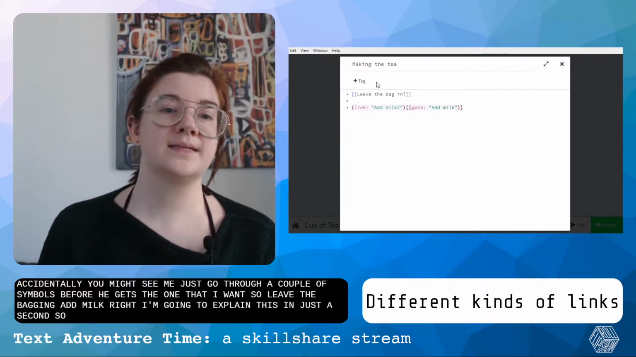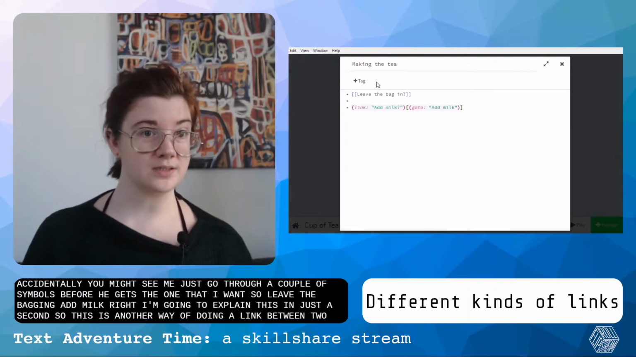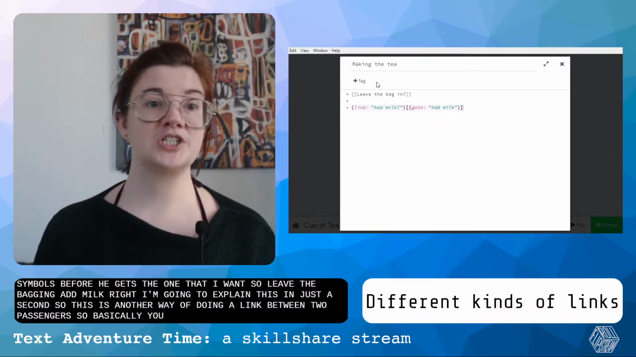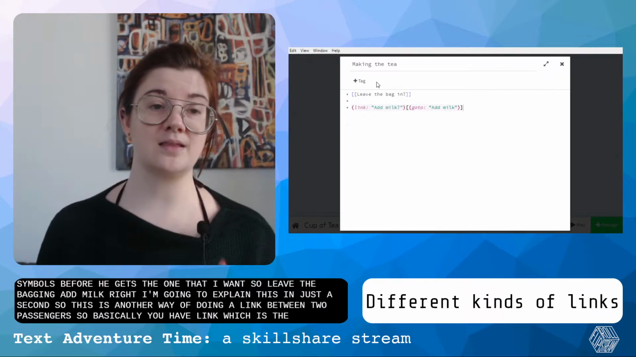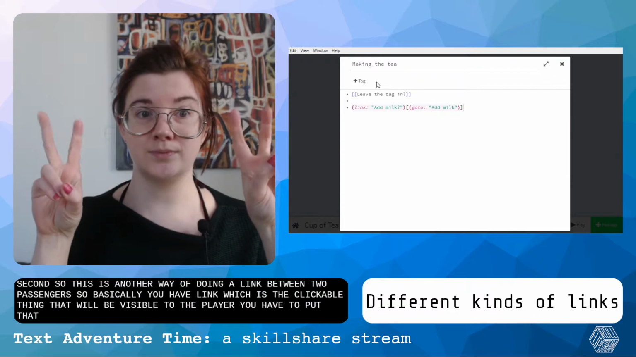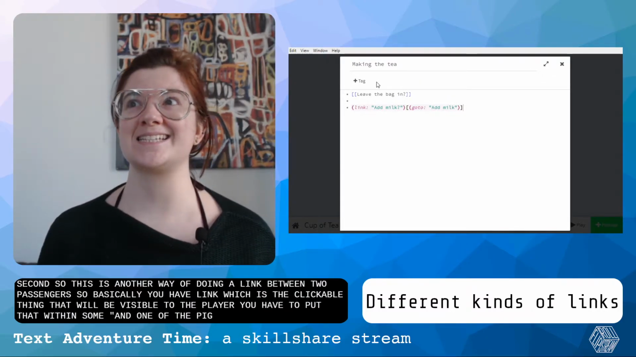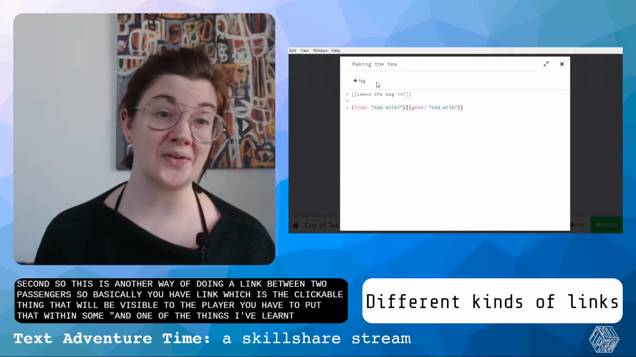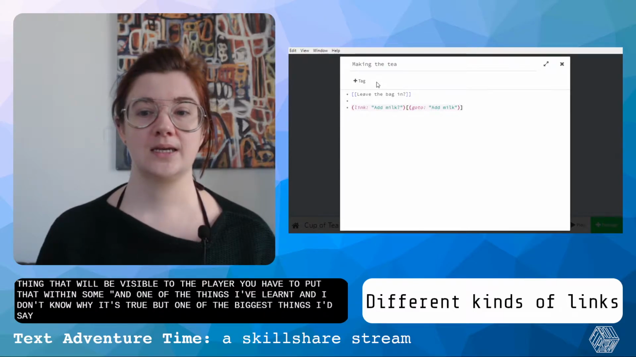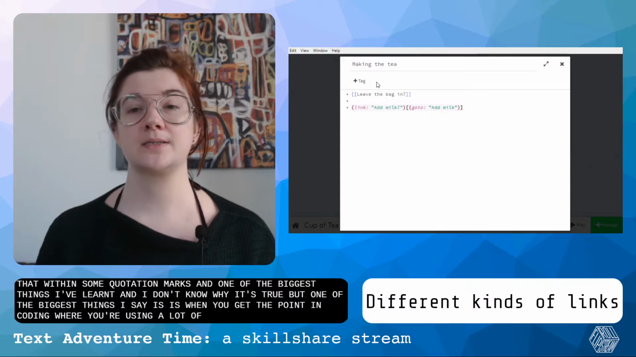So this is another way of doing a link between two passages. Basically you have link, which is the clickable thing that will be visible to the player. You have to put that within some quotation marks. And one of the biggest things I've learned, and I don't know why it's true, is when you get to the point in coding where you're using a lot of quotation marks,